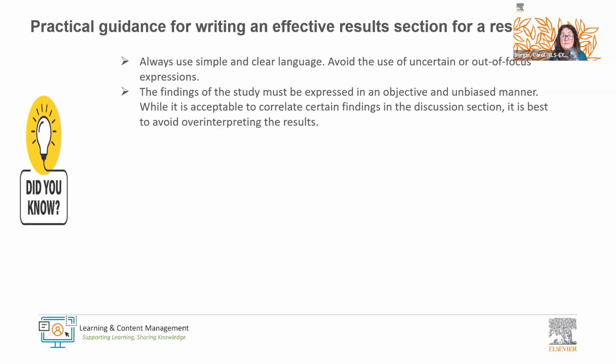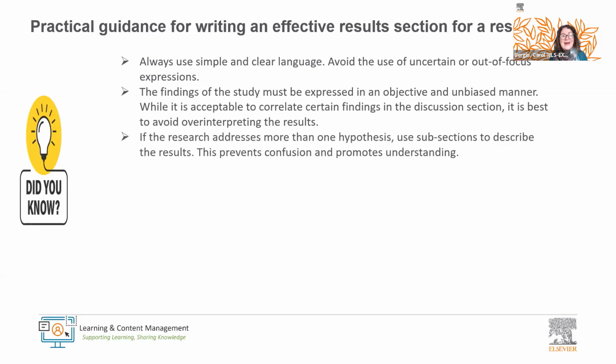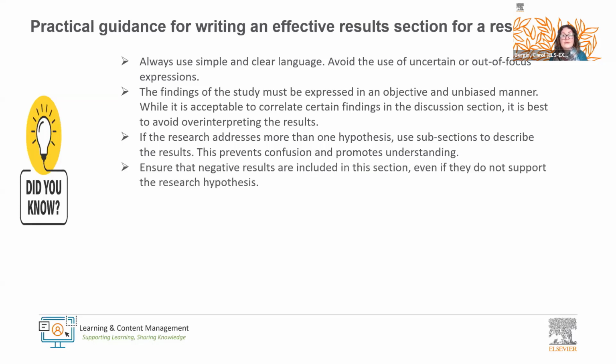While it is acceptable to correlate certain findings in the discussion section, it's best to avoid interpreting the results. If the research addresses more than one hypothesis, then use subsections to describe the results. And this helps to prevent confusion and also promotes understanding. It's also important to ensure that negative results are included in the section, even if they don't support the research